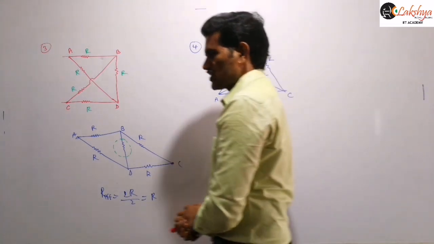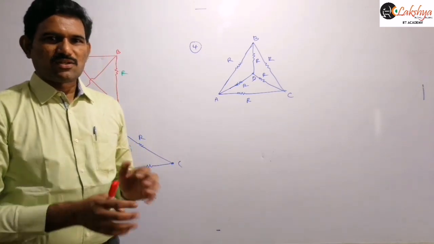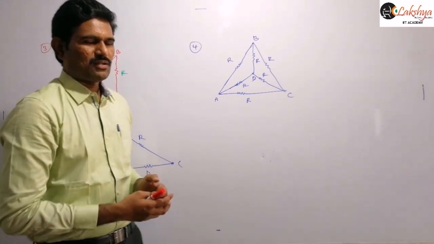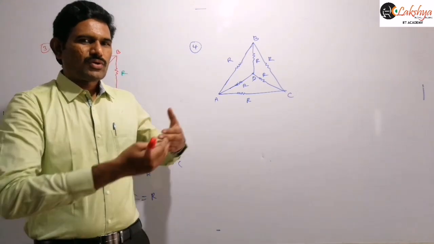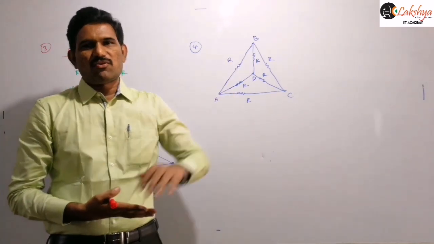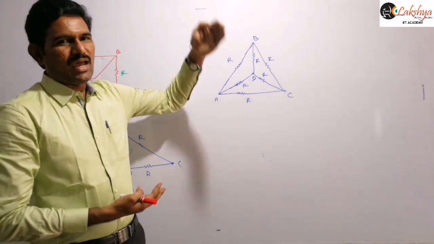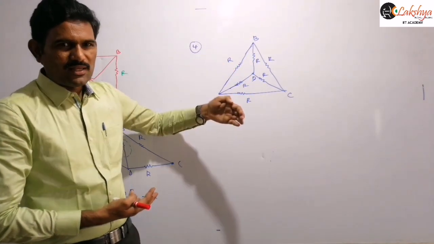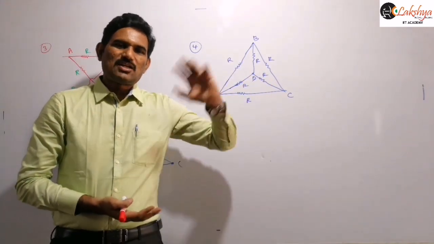If such 6 resistors are there, sometimes some of the resistors may be directly in series or parallel, so we verify them and we simplify the circuit. Or otherwise you can exclude that additional resistance, and the remaining 5 resistances may form the Wheatstone bridge. After simplifying that Wheatstone bridge circuit we can add the remaining resistors according to whether it is series or parallel, right? So you need to identify that.